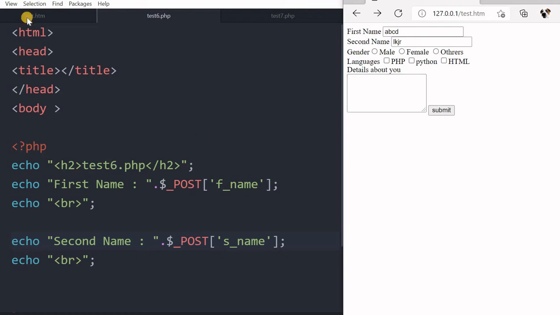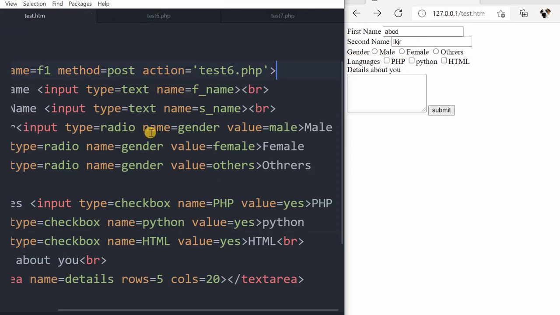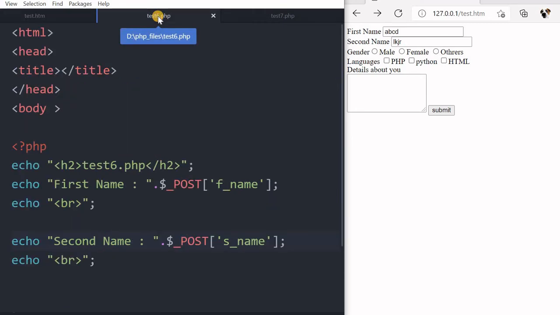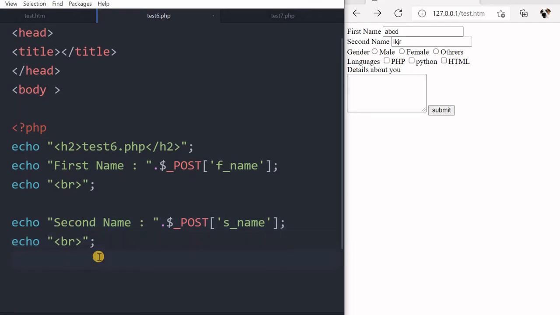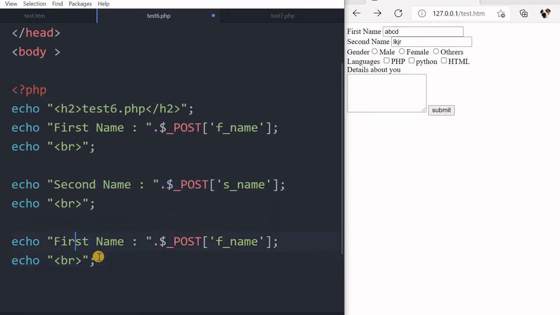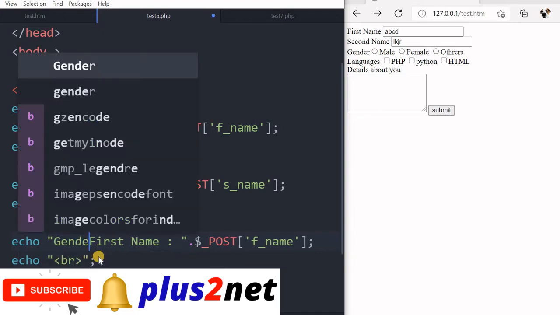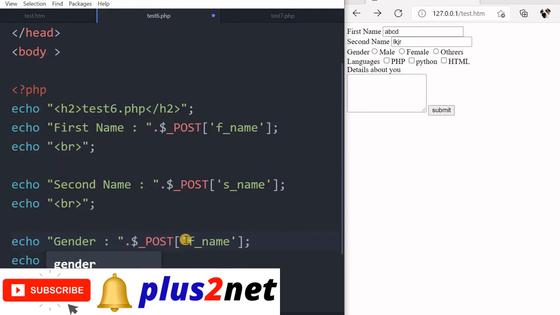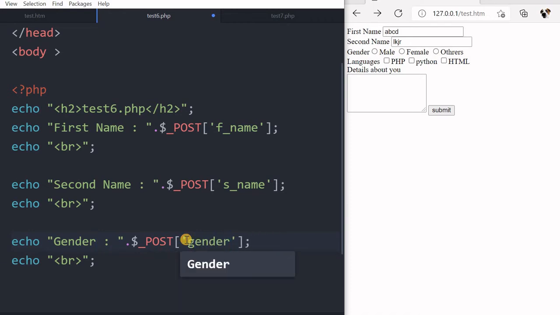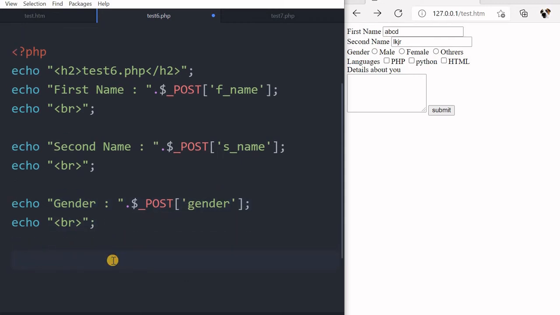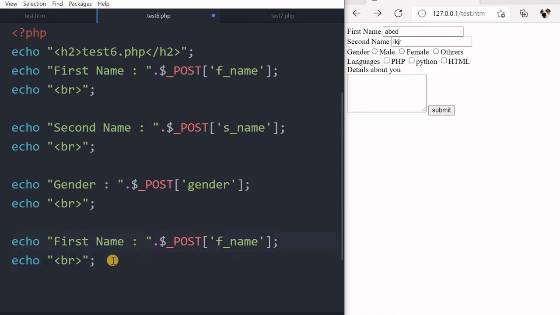So what you have seen here in our radio button, the set of radio buttons will have a common name. So it comes as gender. So we'll directly print the value of gender here. So let us just paste it once more, then gender. So here it is, gender I am writing. I am receiving the value the user has selected under the gender category. So gender radio button. Now let me paste once more, and now after gender, we missed one